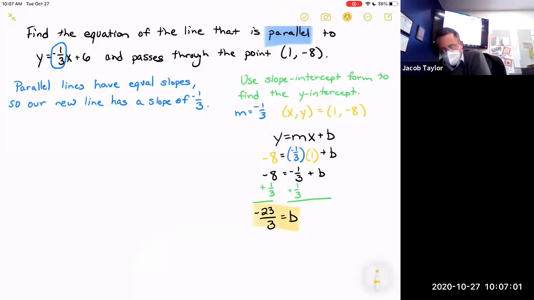I still don't know how to type in fractions. I know how to type it in, but it won't let me. So you do -8 plus 1/3, 1 divided by 3. And then on your calculator, your TI-84, press math and select fraction, and it will give you your answer as a fraction. If you don't press math and fraction, it will give you negative